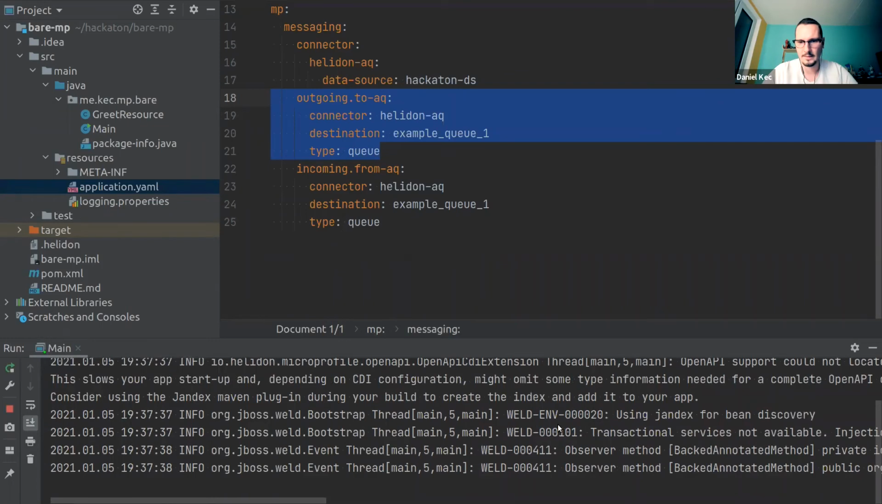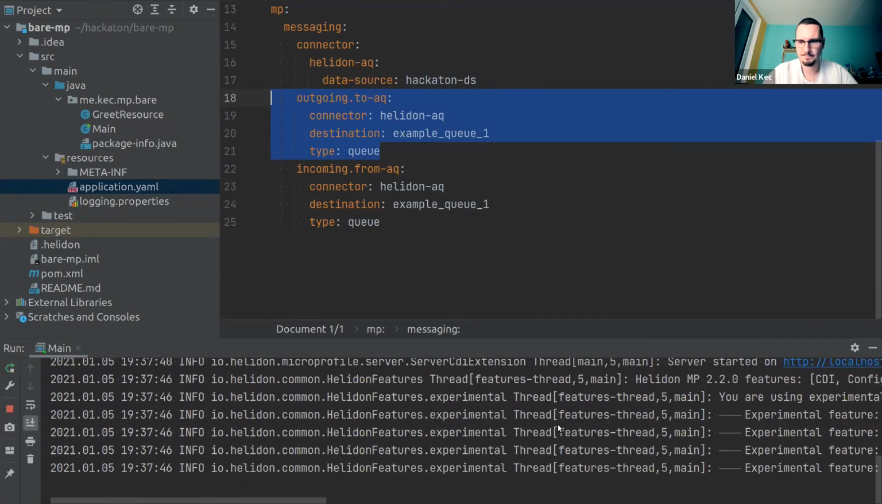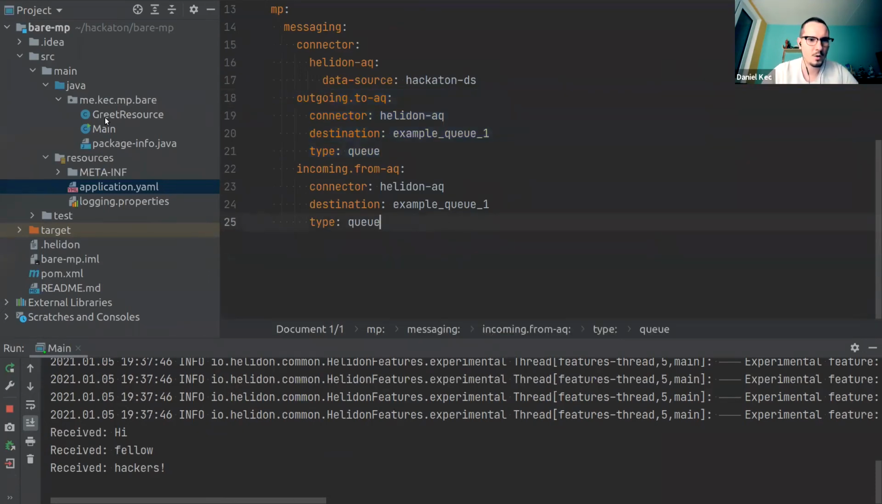Just like that. It's connecting. It's connected, and we have received the messages. It went to the database in Frankfurt and back here in Prague. All 3 messages are here. So hi, fellow hackers. And now we can try to